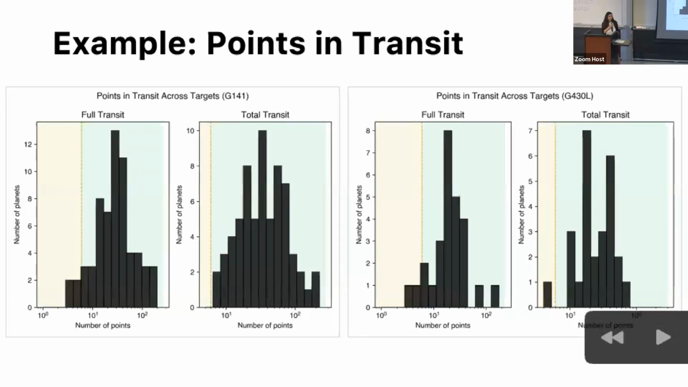Then we look at these histograms to try to see what thresholds we can set for these metrics. On the left is one of the filters we use, G141, and that's what we use for that 62 exoplanet catalog. On the left, you can see the points in the full transit, and you can see that most